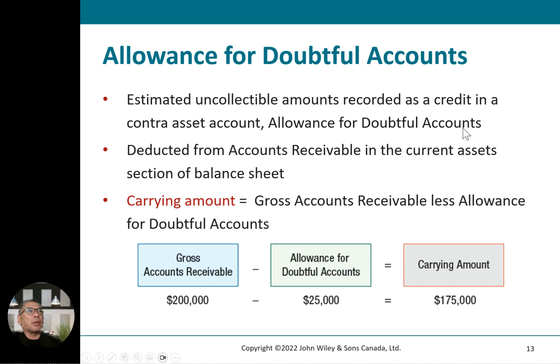Allowance for doubtful accounts, okay? It is deducted from accounts receivable in the current assets section of the balance sheet. Carrying amount is the gross accounts receivable less the allowance for doubtful accounts. So the logic here: gross accounts receivable minus allowance for doubtful accounts equals carrying amount. The gross accounts receivable is 200,000, given to you. The allowance for doubtful accounts is 25,000. The carrying amount will be